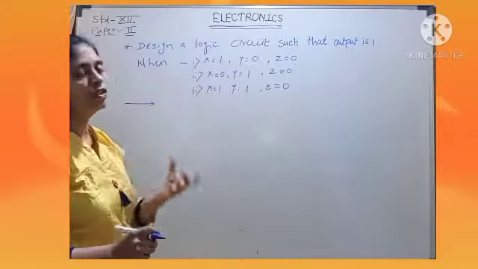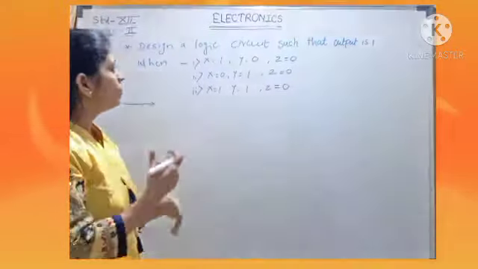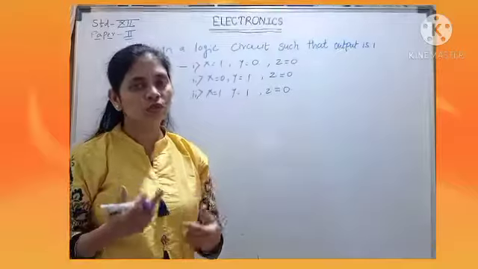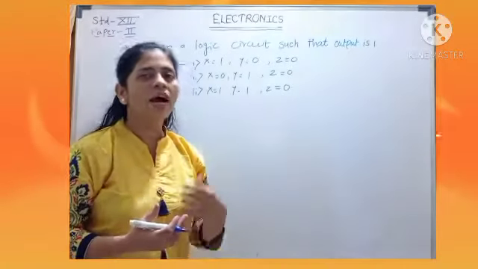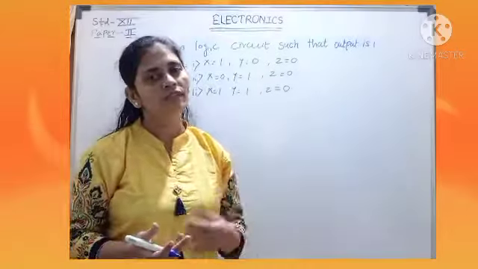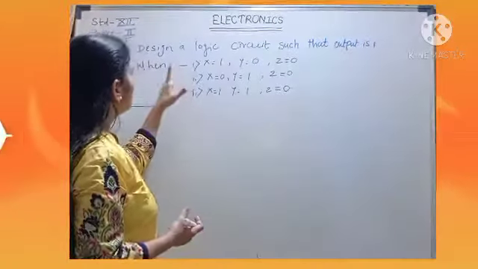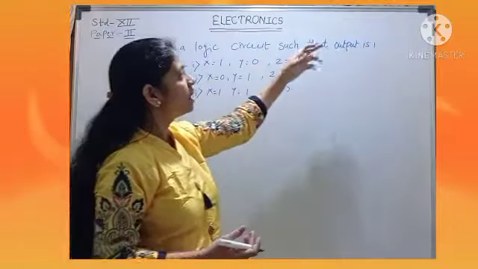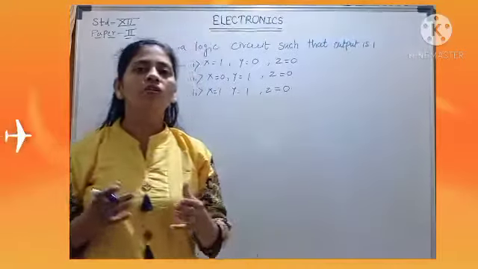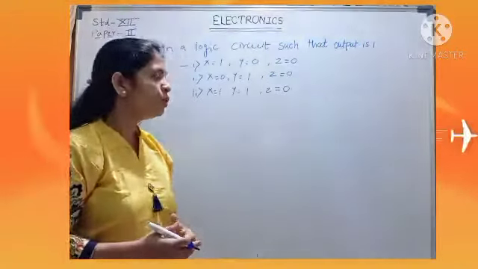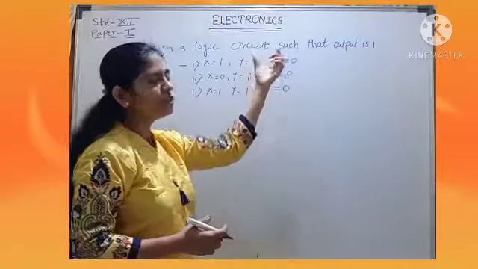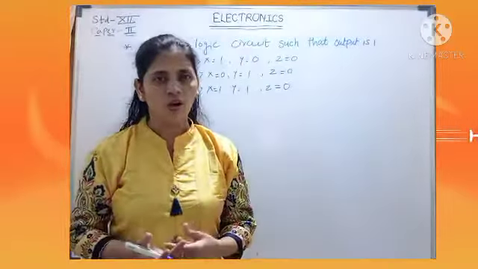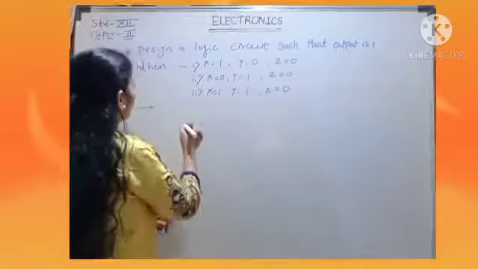For this we have to first draw the diagram. So first of all, while drawing the diagram, we have to write the Boolean equation for this. We have to solve the Boolean equation by using the Boolean laws and then we have to draw the diagram for the given equation. So here, see, the condition is given, design a logic circuit such that the output is 1. Means always the output should be 1. So wherever the inputs are given 0, those inputs should be inverted, then only we will get the output.